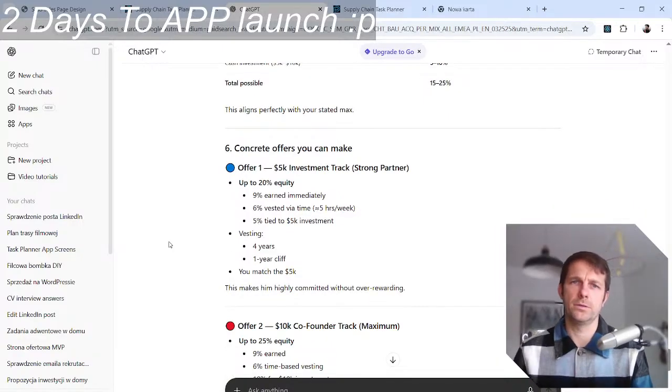Concrete offers you can make. Offer 1: 5k investment, tracks to strong partner, up to 20% equity, 5 hours per week tied to the 5k investment, vesting over 4 years. You match 5k.